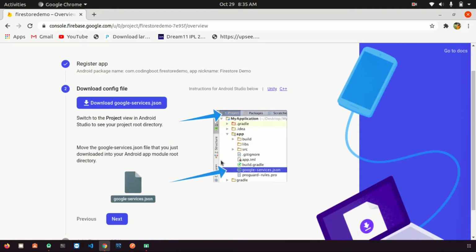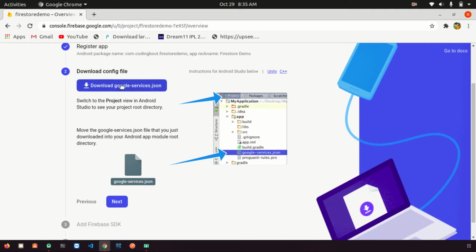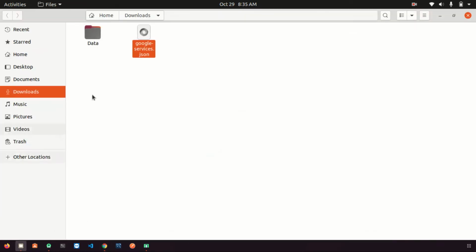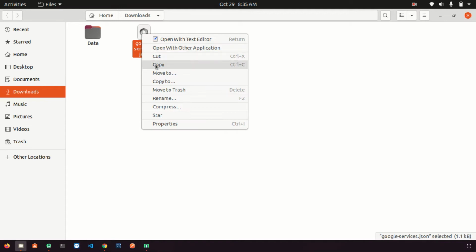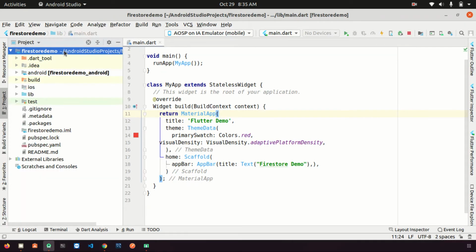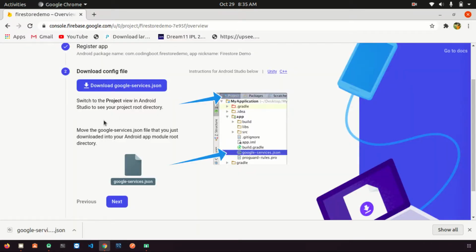Then what you need to do is download this file. Go to the download folder, copy this file, open Android Studio, project. You can see here where you have to add it, at the app label.